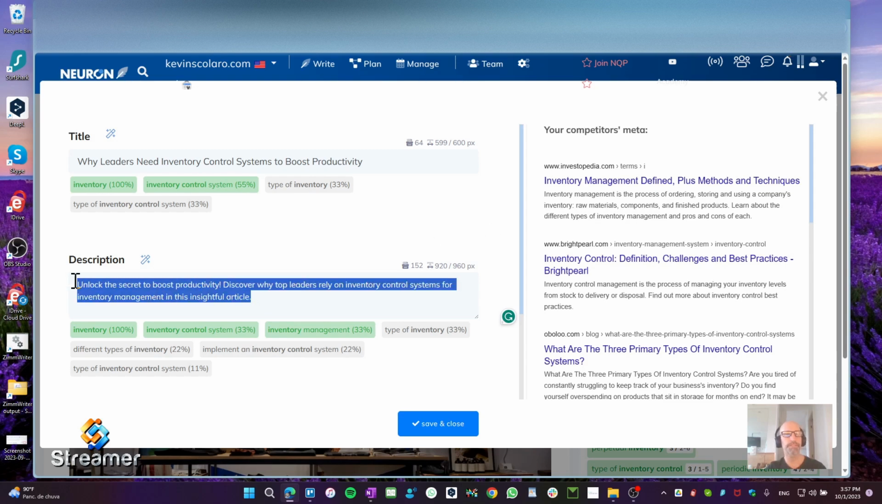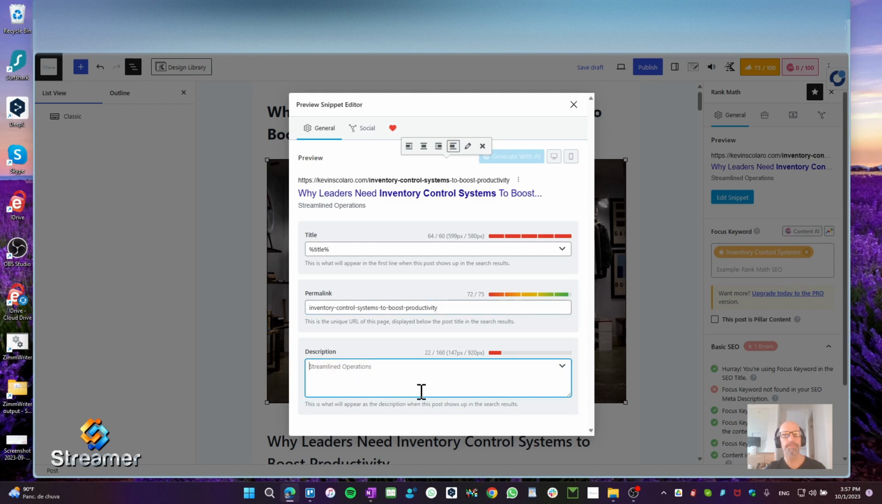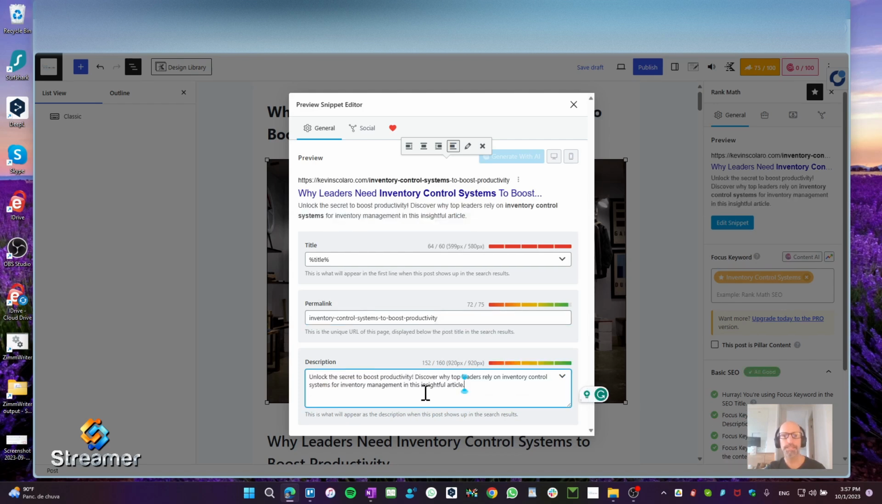So let's just start with one thing at a time here. Let's copy and paste. I'm going to go back to my WordPress. We'll paste that in. You'll see here RankMath thinks that that description is only 152 out of 160 characters, which is fine. It's still in the limits. And again, I want to go off of this RankMath